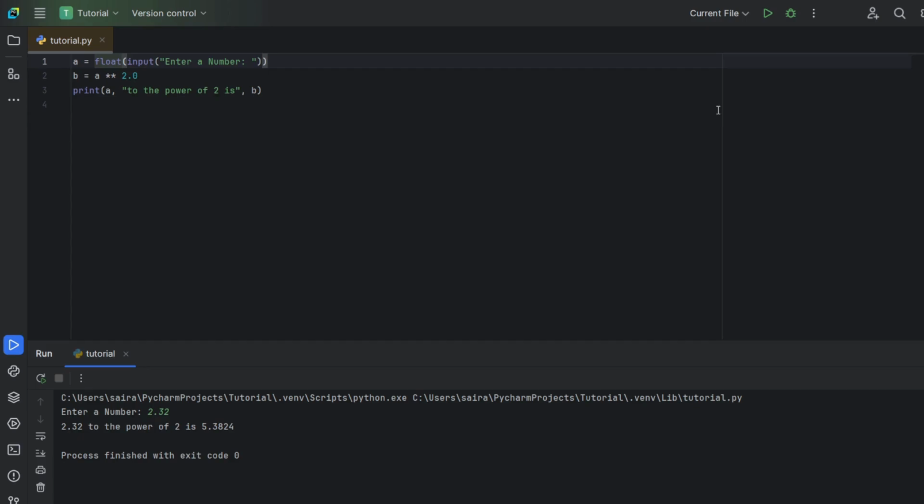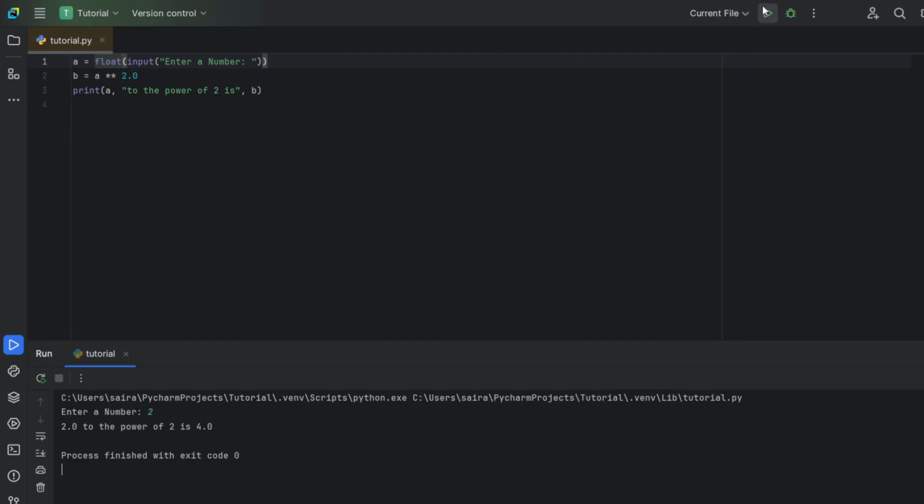The float function once again takes one argument, which is a string, over here 2.32 in the first line of output, and tries to convert it into a float. Now, let's say a user, instead of entering a float, entered an integer. Click enter. As you can see, the float function also converts the integer into a float.